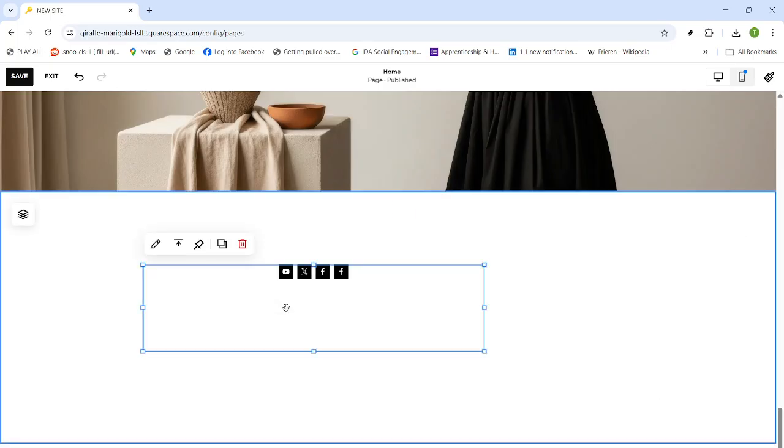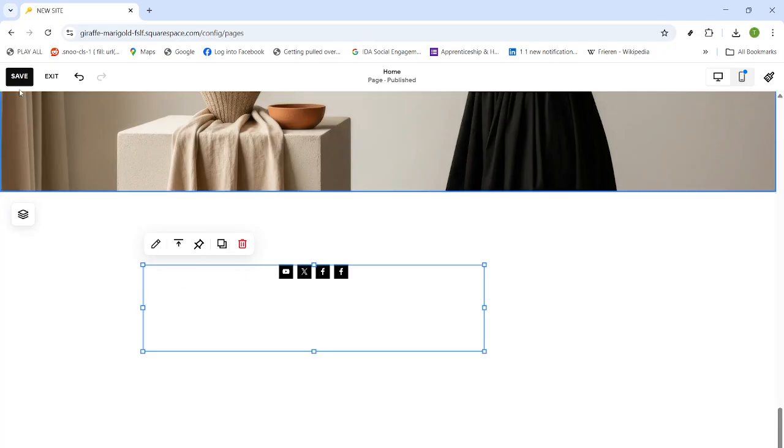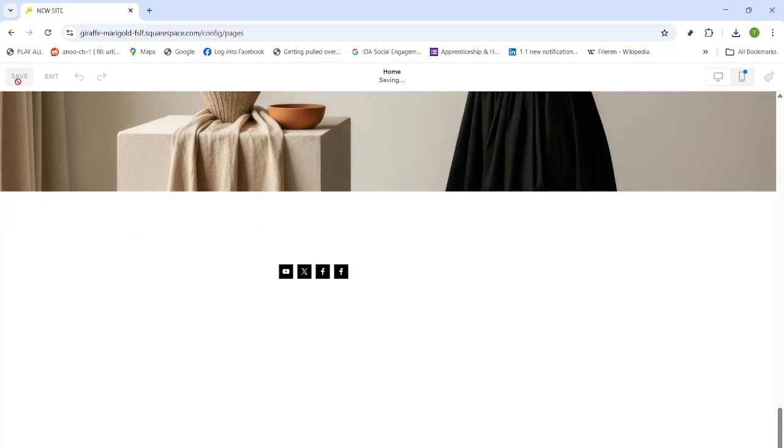If you ever update a URL in the social links settings, the change will carry over to any social links block you've placed, keeping everything consistent without extra